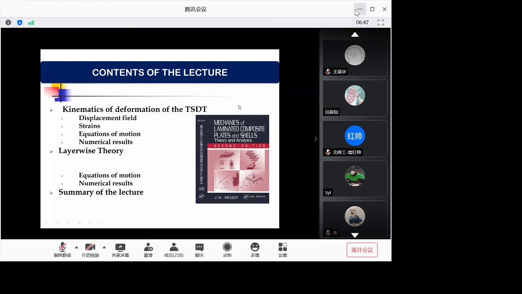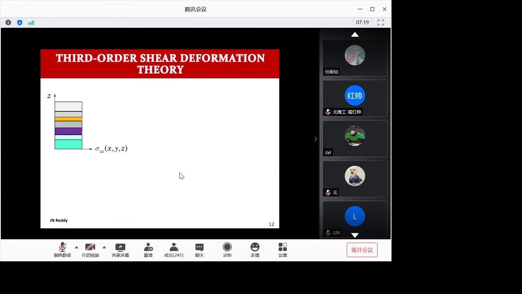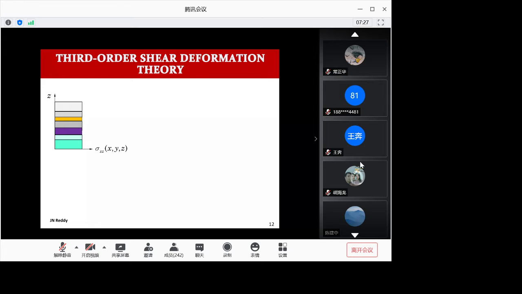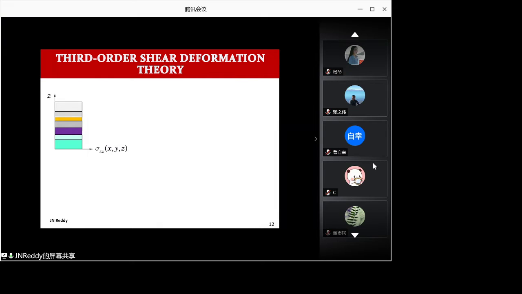So if you look at this, I'm putting different color layers. If you think of a plate or shell, through thickness, if it is a laminated structure, you will have different layers. There could be as many as 40, 50 layers. Each layer could be different material, different thickness. But in the real world, most of the manufacturers have same thickness layers, but we lay them up in different orientation. So-called lamination scheme is different, which amounts to be equivalent to saying that each layer is different material because